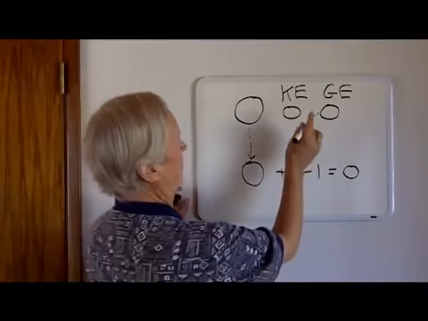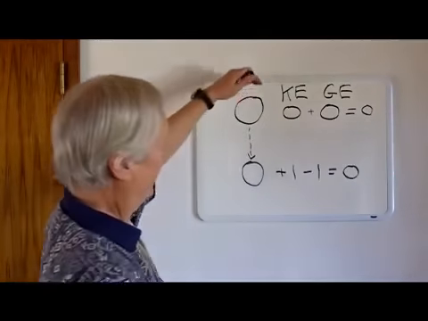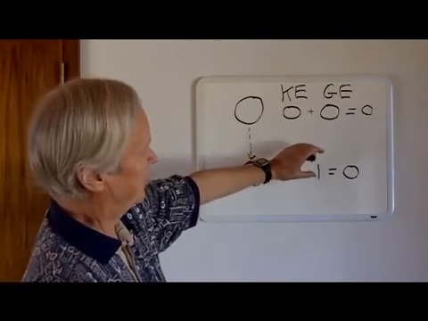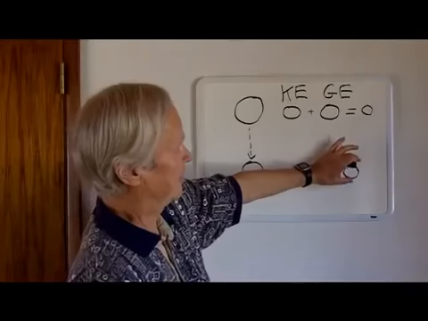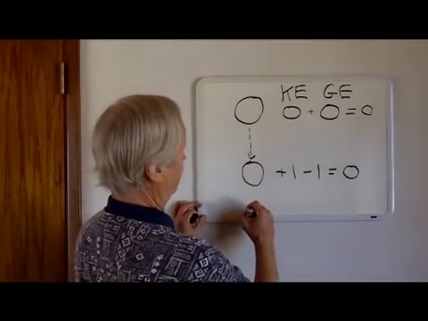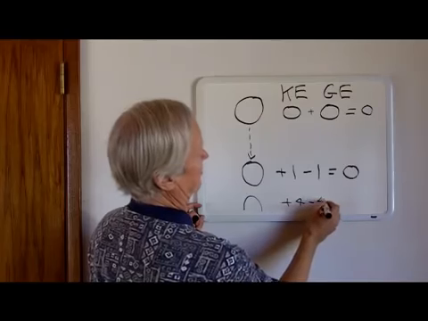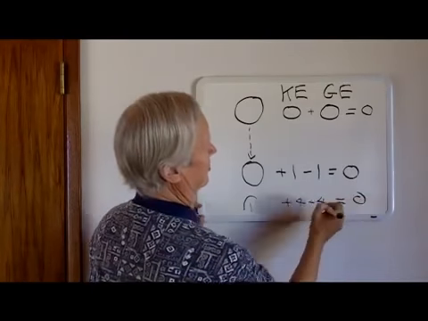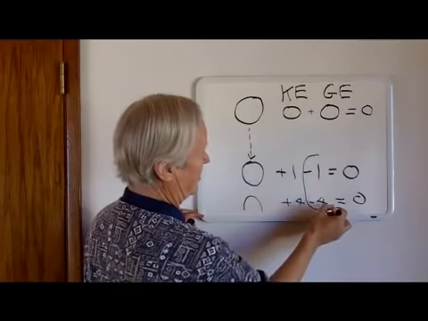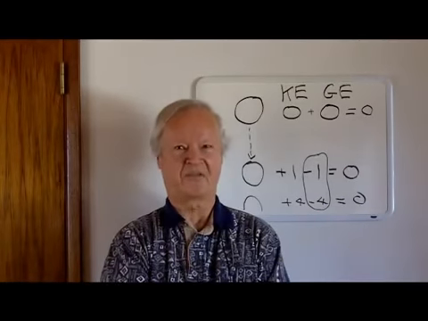Before we release the object, we have these two energies equal 0. As we release the object, energy is conserved. We get an increase in kinetic energy, balanced by a decrease in gravitational energy, and the net energy of the system remains at zero to conserve energy. Now, as the object continues to fall, at a later time, this maybe goes to plus 4, minus 4, equals 0. Now, this negative part of the equation tells us that gravity is negative energy.